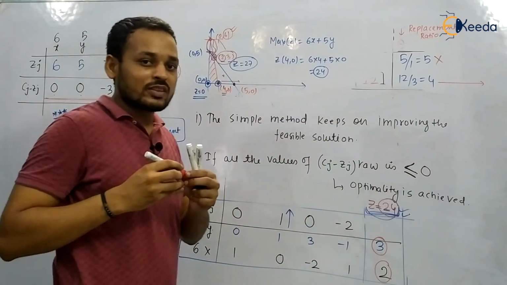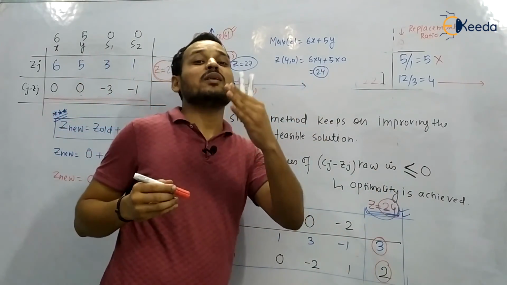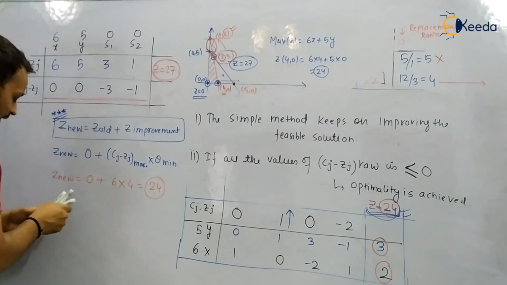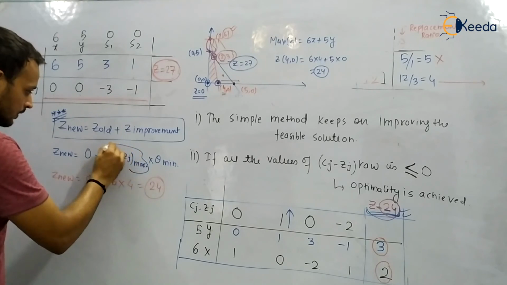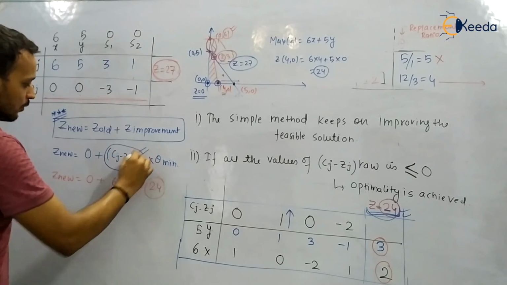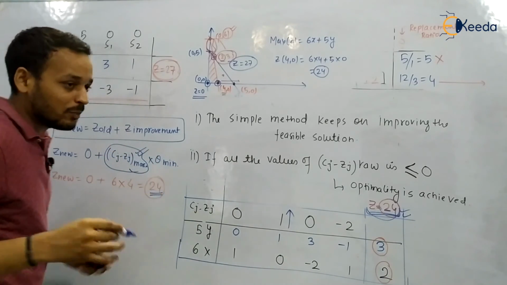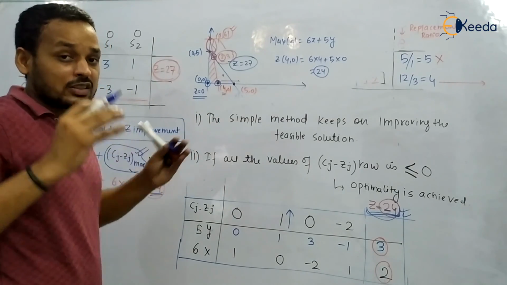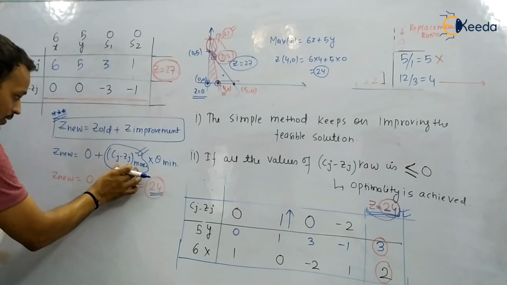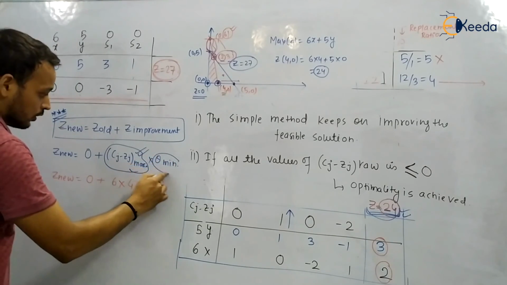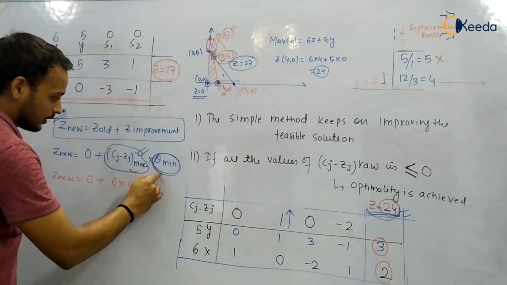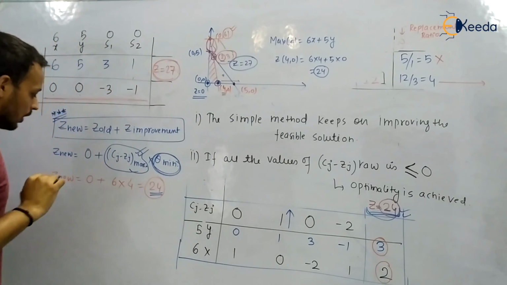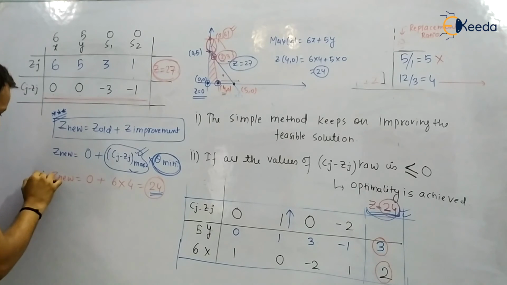Since we have to keep improving our result, we have to find the maximum value of Z. It is a profit. We have to increase our Z, we have to maximize our Z. That's why you have taken this maximum value. And for the theta minimum, you know the reason: if you take the theta maximum, then you may choose the infeasible region, so we do not have to do it.